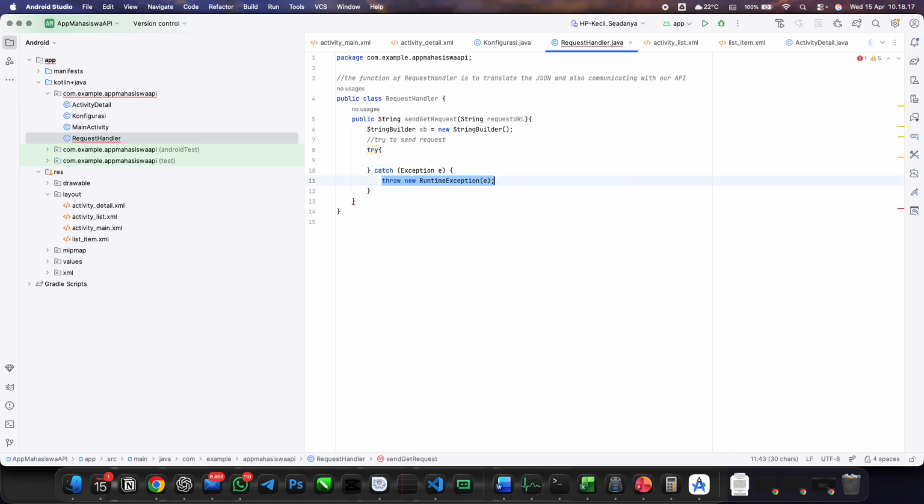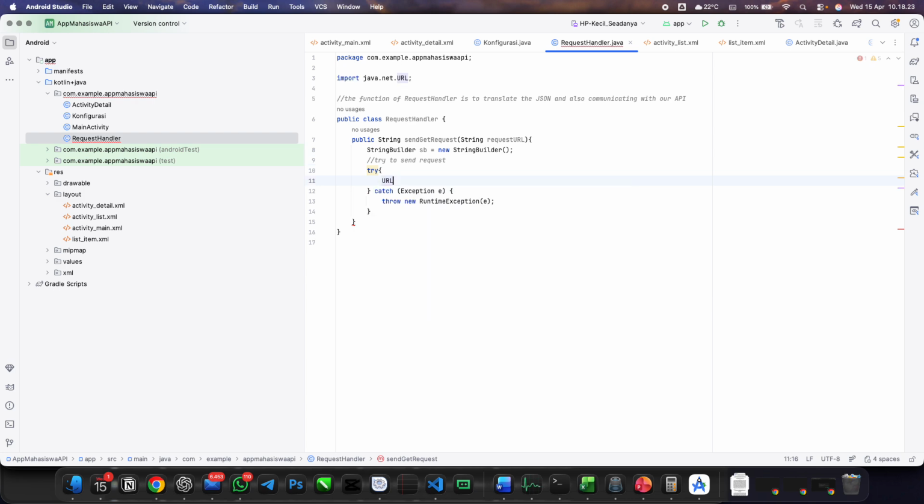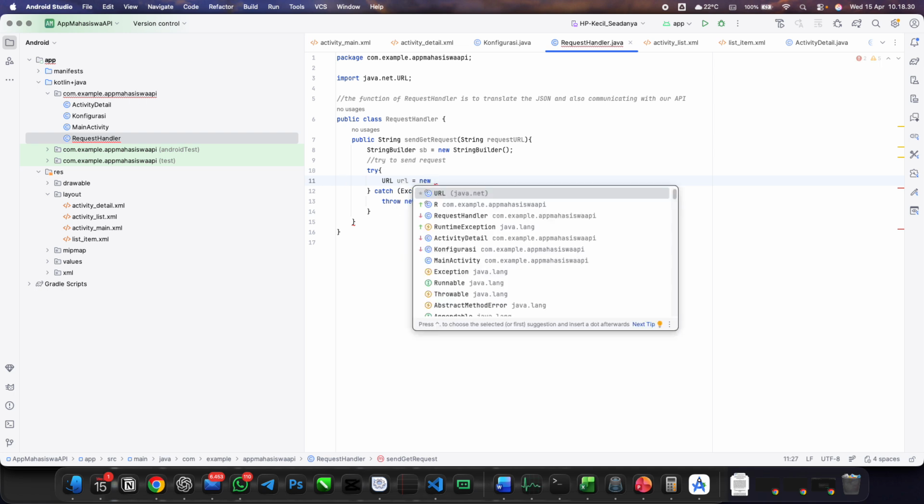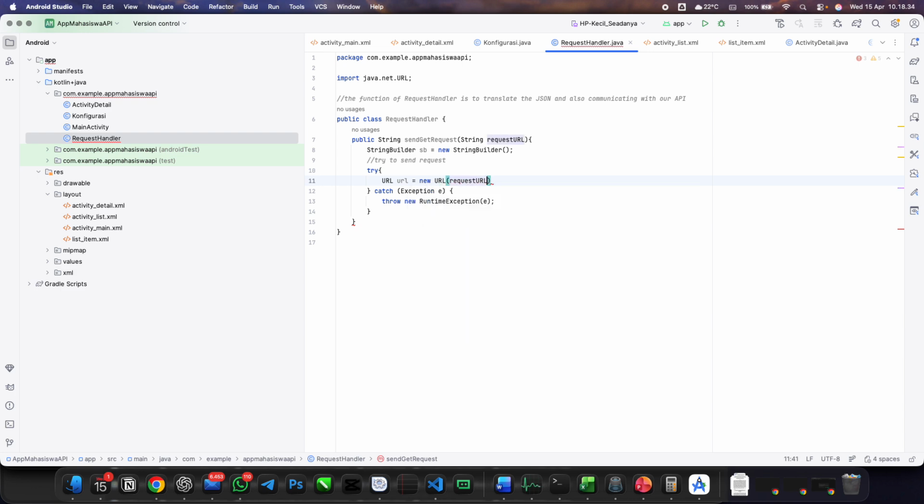Just leave it as it is for now. We will try what we are trying. We declare the URL as a new URL that contains the request URL like this.